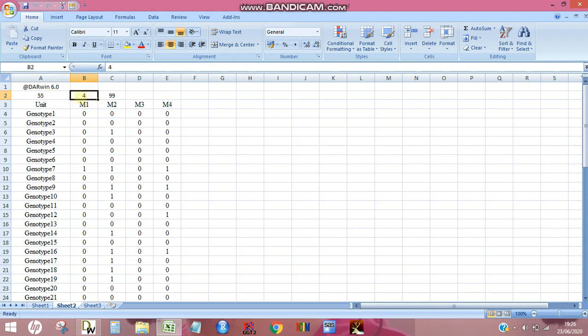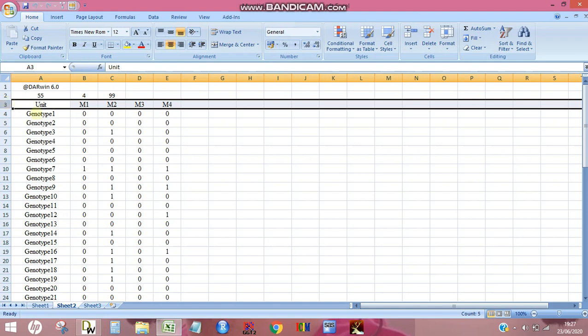In the second column of the second row you indicate the number of markers or alleles you are analyzing for diversity, and 99, 9 or 999 are the codes for missing data.